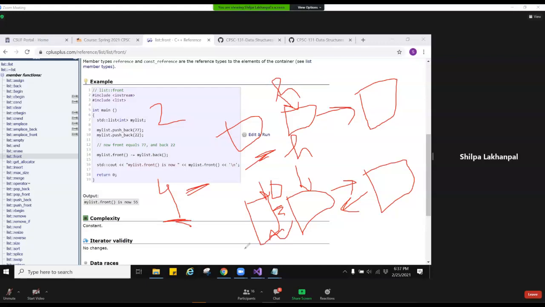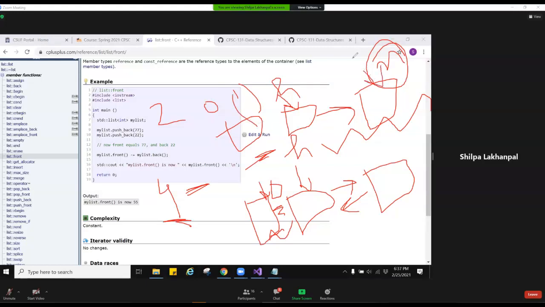It's constant. What that means is, irrespective of the number of elements in the list, adding at the head doesn't change at any time. The number of elements in the list is n, and adding the element at the head is never dependent on n. That's why it's order one every time. It's a constant number of steps. The same goes for the tail.